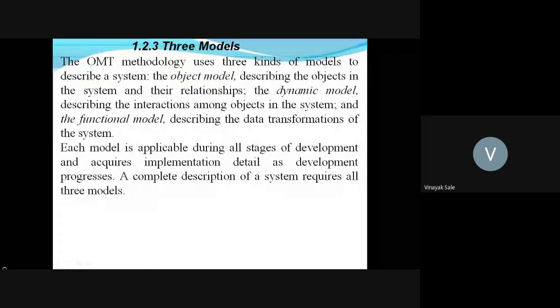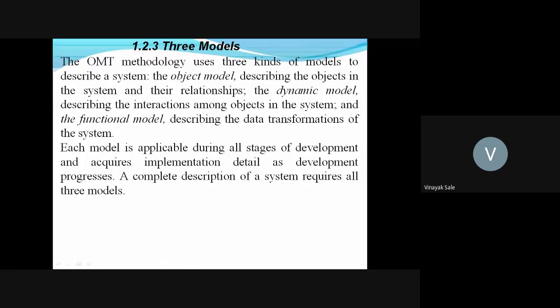Then the next part is three models. The object methodology technique uses three kinds of models. First is the object model, then the dynamic model and the functional model. The object model describes the objects in the system and their relationship.